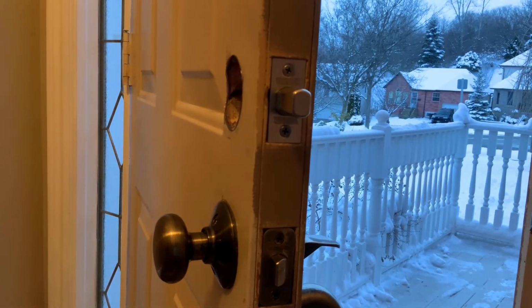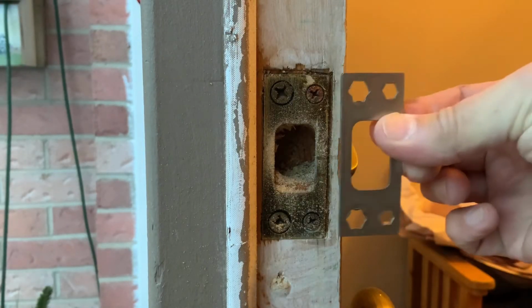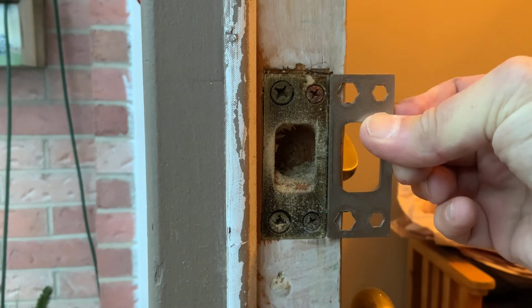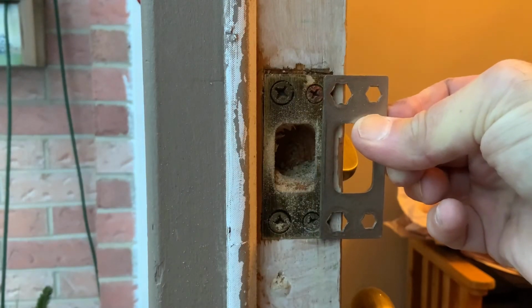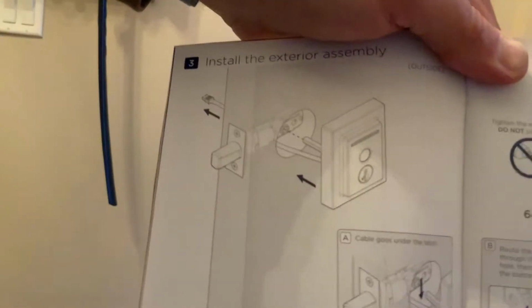Okay, step 1. Step 2 is the installation of the strike plate, but as it turns out, there already is one there. There are 2 very long screws that go on that end and 2 of the shorter screws on that end. I'm not going to replace this, but it's pretty simple. As I predicted,